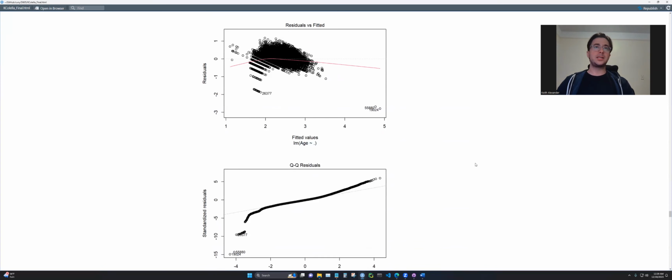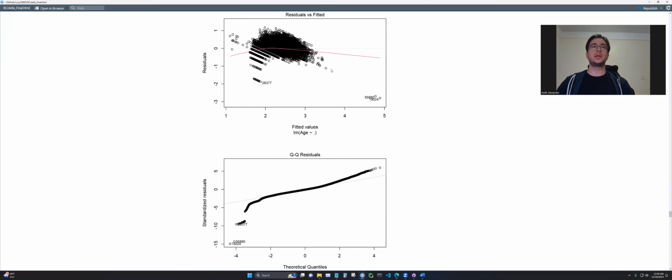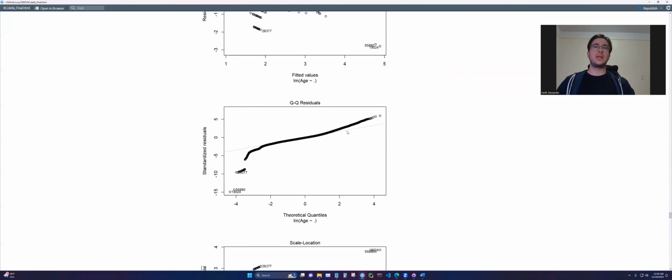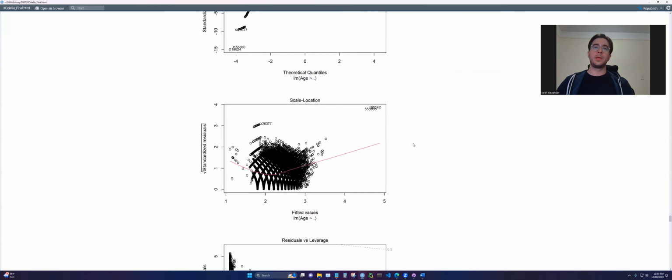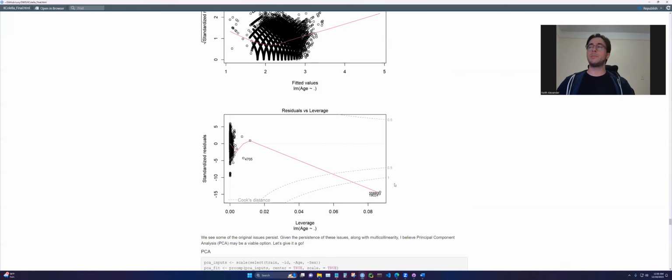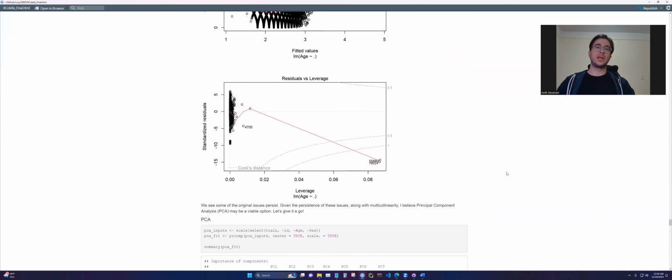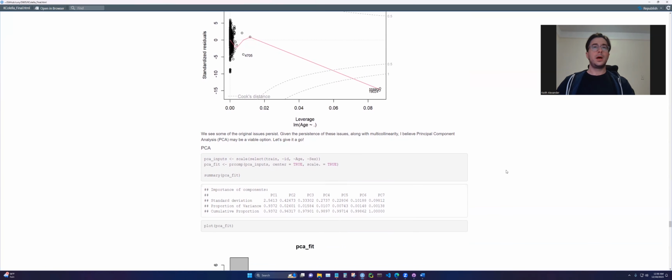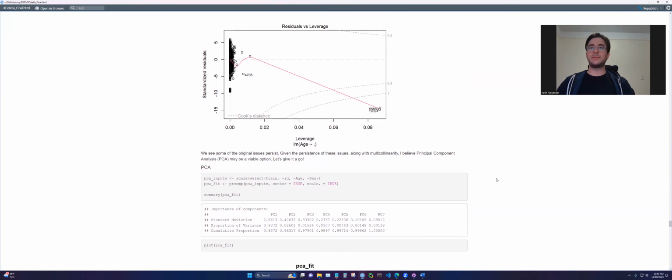If we look at our residual plots, though, we do see some of these issues persist. We see some kind of inverted U-shaped pattern in our residual plot. We see that there's some non-normality for sure, and these two influential points remain outside of the Cook's distance threshold here in this leverage plot. So given the persistence of some of these issues, I've decided